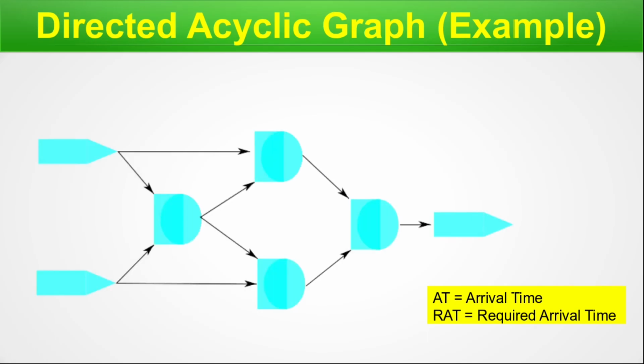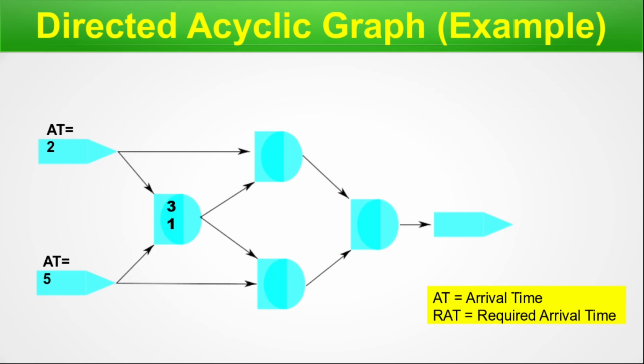Directed acyclic graph example. Let us now take one example to understand the directed acyclic graph. Here we have AT, which is arrival time, and RAT, which is required arrival time. These are abbreviations, and I give the full expression of them here. Here goes our graphics. This is same as before, but we will add delay to each element now. Let me bring up the delays. So before delay, AT is equal to 2. Here AT is equal to 5. These are the arrival time delays.